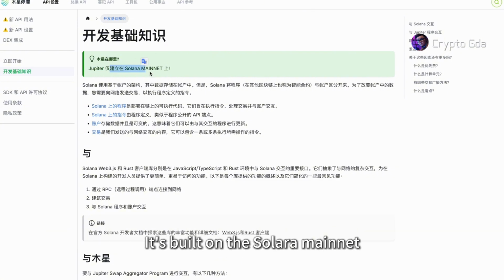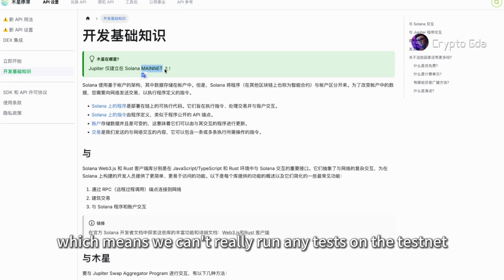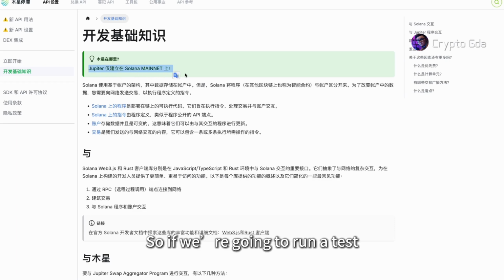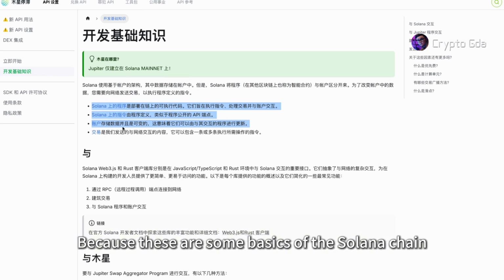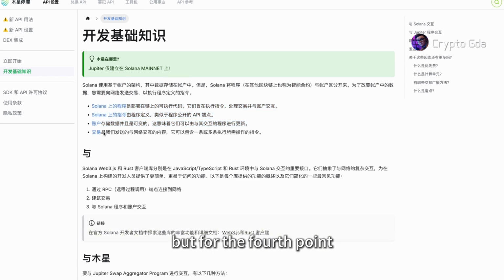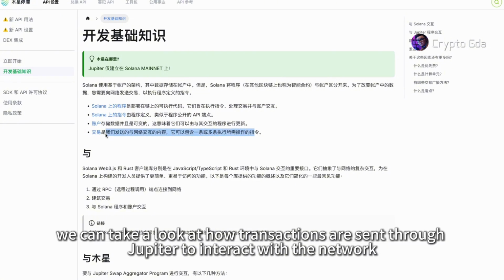It's built on the Solana mainnet, which means we can't really run any tests on the testnet. So, if we're going to run a test, we're basically using real money for it, and there's no way around that. So we don't really need to worry about the first 3 points, because these are some basics of the Solana chain. But for the fourth point, we can take a look at how transactions are sent through Jupiter to